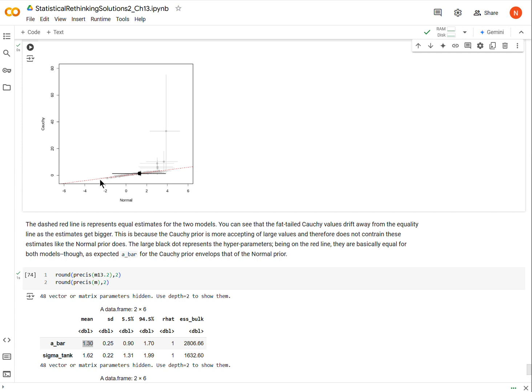So you see that generally, as we move up and to the right, the error bars in both directions get bigger. But because the Cauchy distribution, or I guess correspondingly, the Cauchy distribution having allowed greater values also has greater error bars. Okay. Now this, I think, makes sense intuitively because as an estimate deviates further and further away from the mean value, we should be increasingly uncertain of that value. Okay, I hope that makes sense.